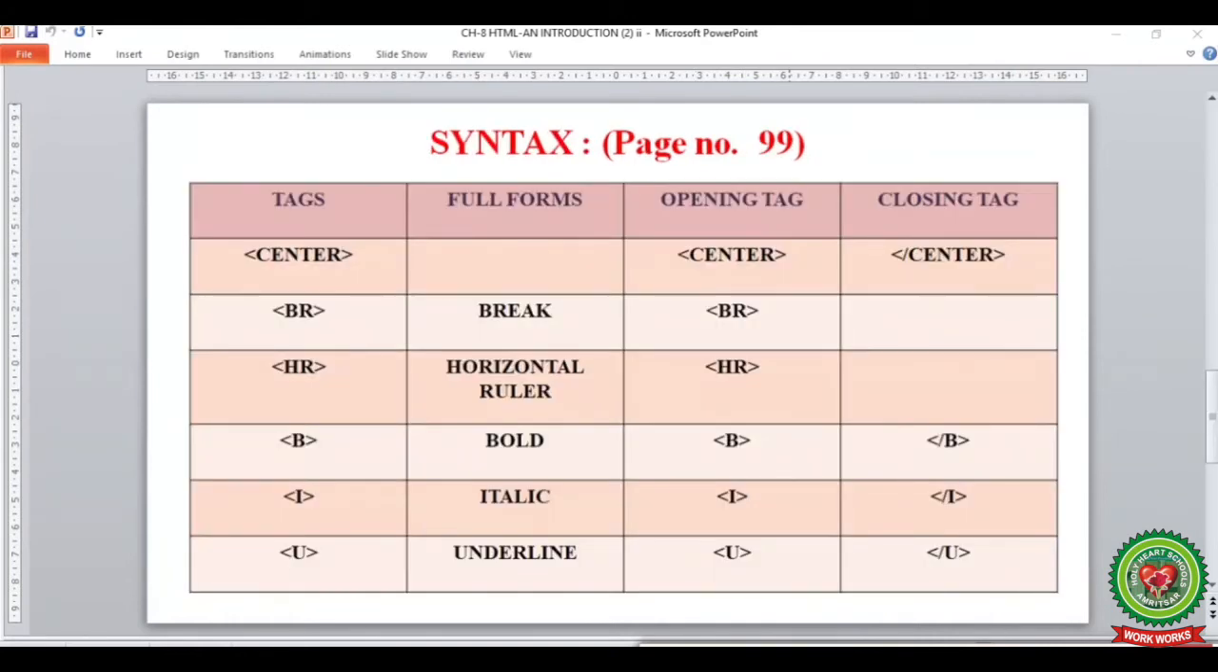Now here we will learn the following syntax from page number 99. Here the first tag is center tag, where the opening tag of center tag is within the angular brackets center and the closing tag for the center tag is within the angular brackets